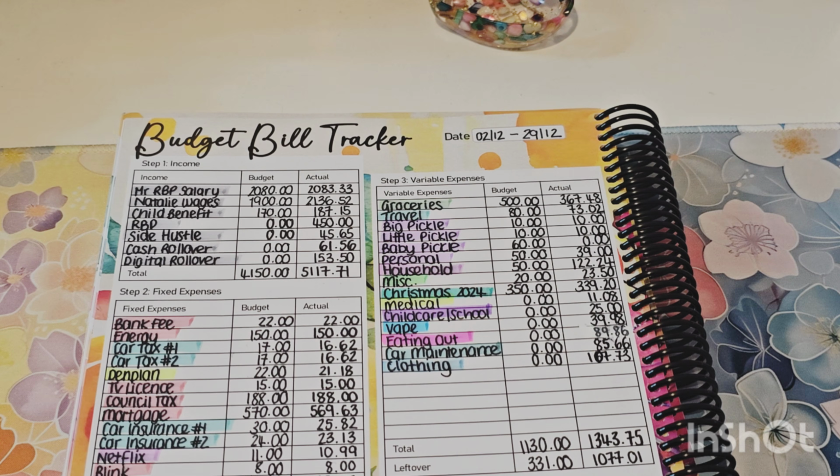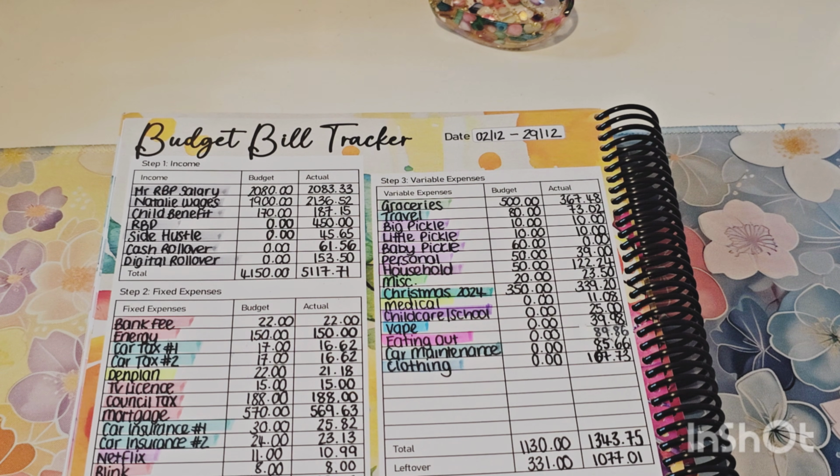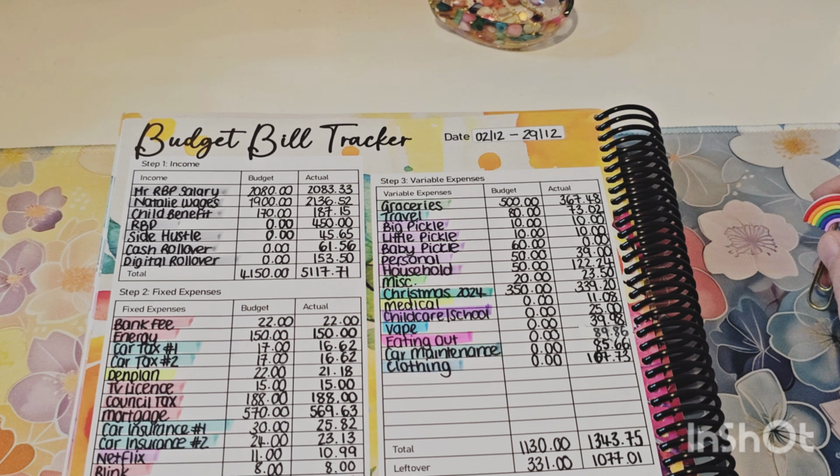So a little bit of that, I think it was about £150, was from planner sales that I did in December. I'm not paying myself a huge amount from the business at the moment. Purely because I've got a lot of things to catch up on with the business, and I've had a vision of where I want the business to be going forward, so I'm reserving funds to help achieve those visions for the business. So I'm not going to be paying myself massive amounts from the business, but the other £300 was actually from